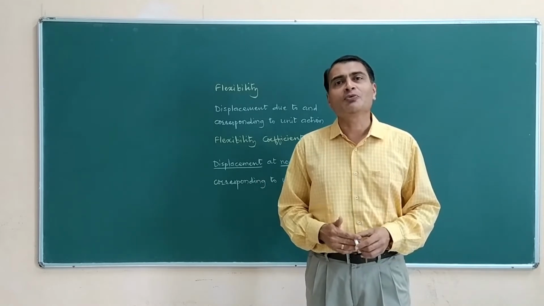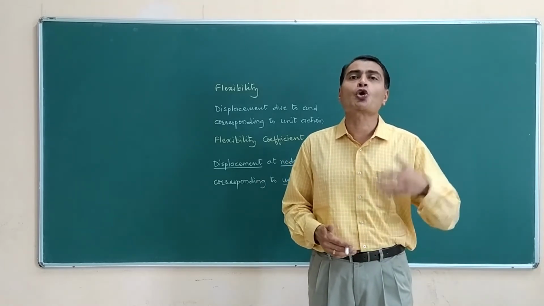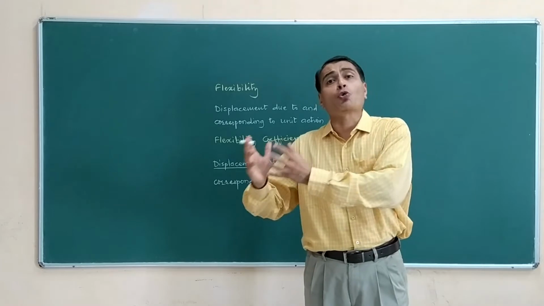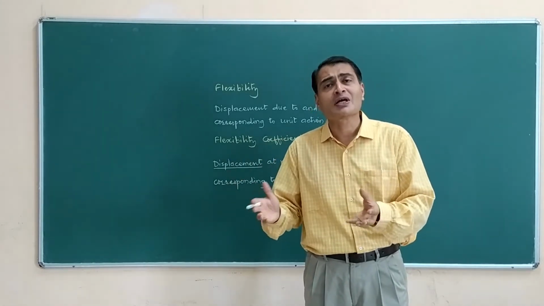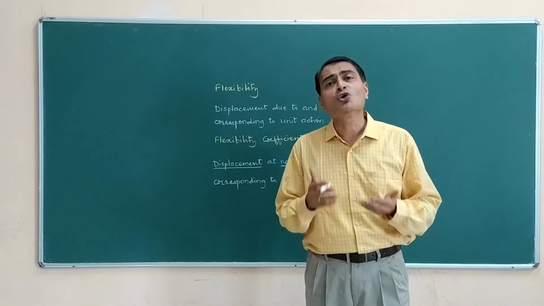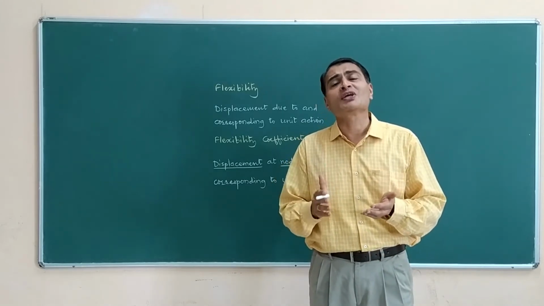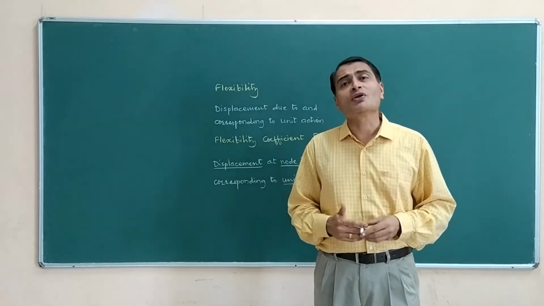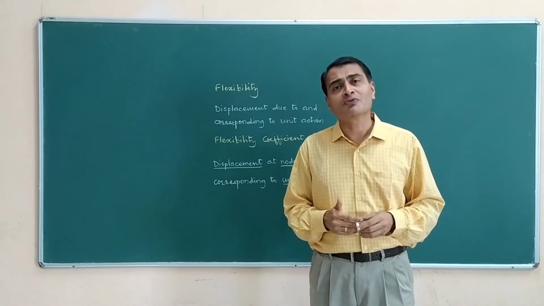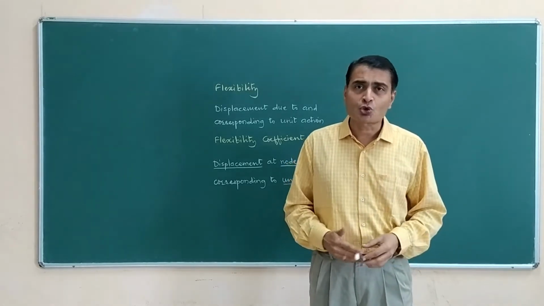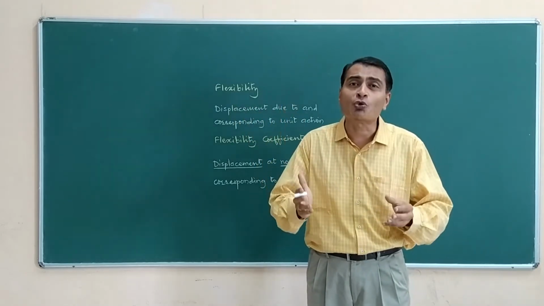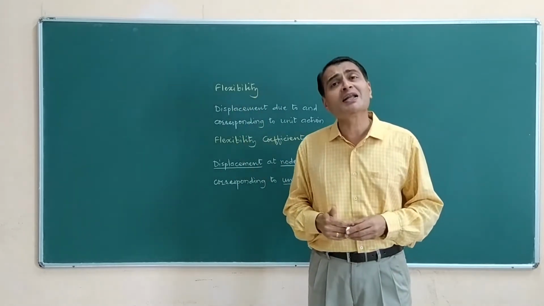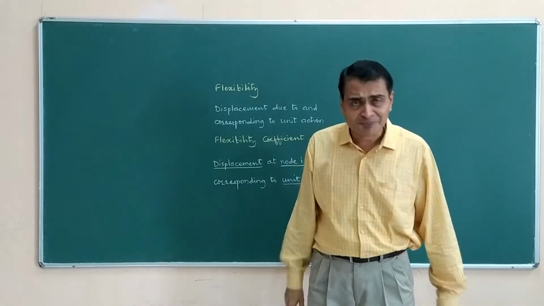When we have a problem where the degree of static indeterminacy is 2 or more, like 2, 3, 4, then we will be relieving those many supports, 2 supports, 3 supports, and then we will be successively applying a unit load at those supports in place of their reactions. That is where we require to define not just flexibility but flexibility coefficients. So today in the beginning we will see what flexibility coefficients are, and then, whatever I said in the introduction, as we solve a numerical example, you will perfectly understand.